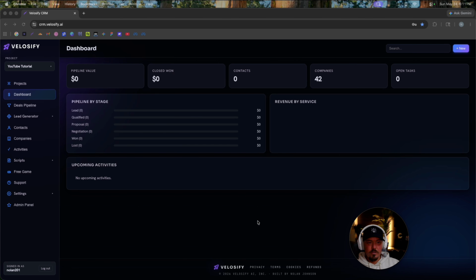And then inside Google Maps, anytime I would move the map just a little bit, it would generate a brand new list on the left side. And I would forget who I called, who I didn't call, what they said. So all those problems are gone with Velosify. I'm going to show you guys how to get thousands and thousands of leads that are on Google Maps, all organized on the same list. And then not only that, but we can find out which ones are landlines, toll-free numbers, and how to reach the owner directly.